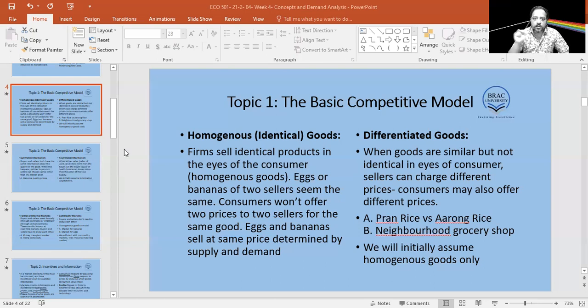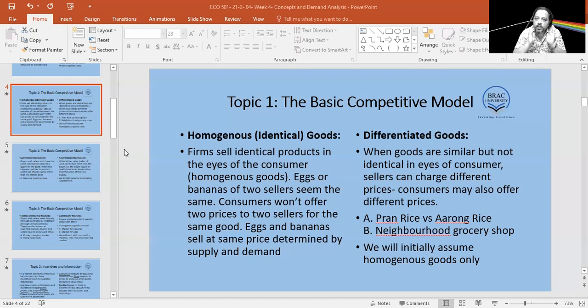That same item is sold also in a super shop. The prices are this, but the thing is, I can't go to the super shop all the time because of the distance factor, and also maybe it's not convenient for me. So if the neighborhood shop downstairs sells that same item at a little bit higher price, say 5% or 10% more, I'm not bothered. Why? Because of convenience. To me, the neighborhood shop's item is more convenient, more attractive. So I'm willing to pay that higher price, although in essence, they're the same product.